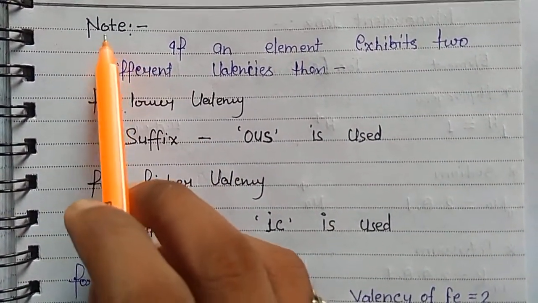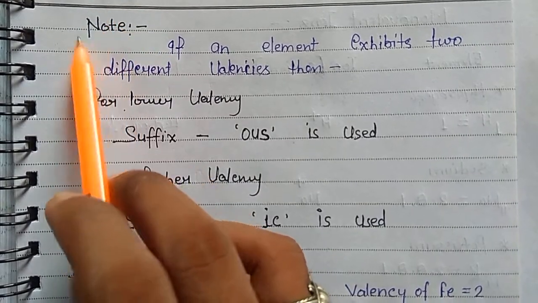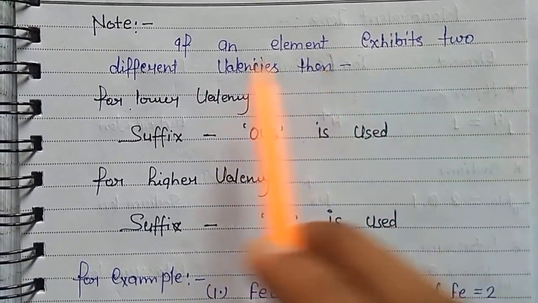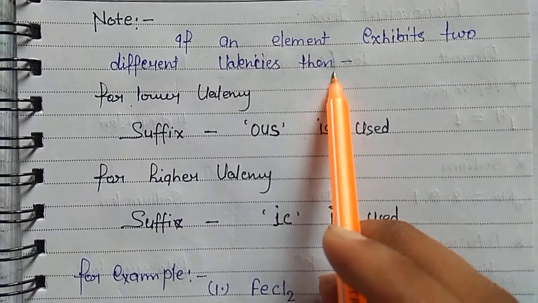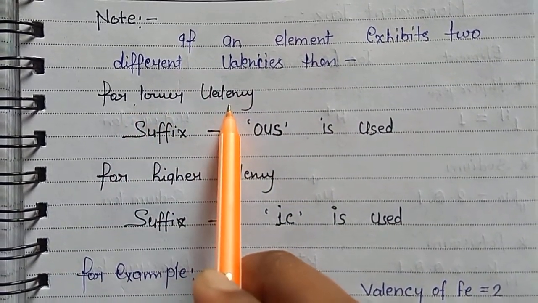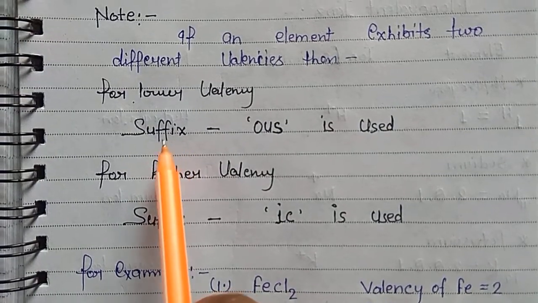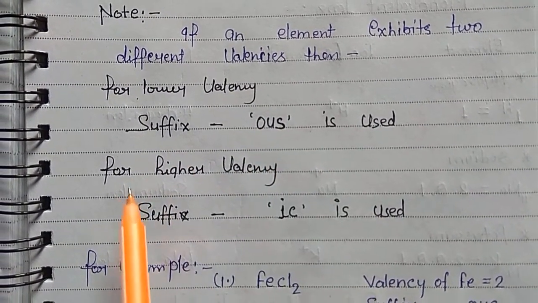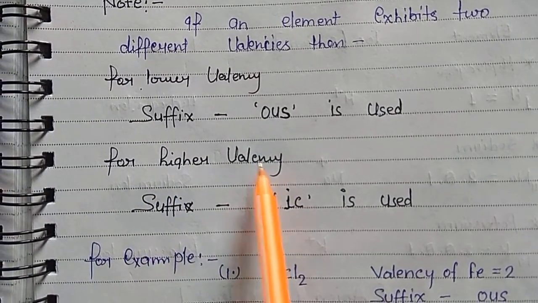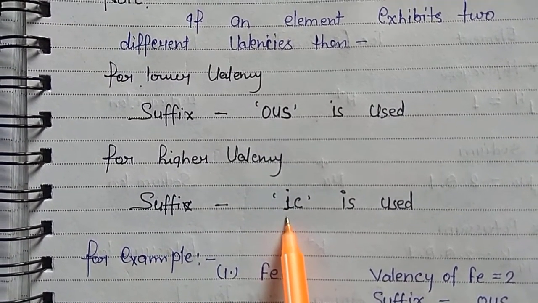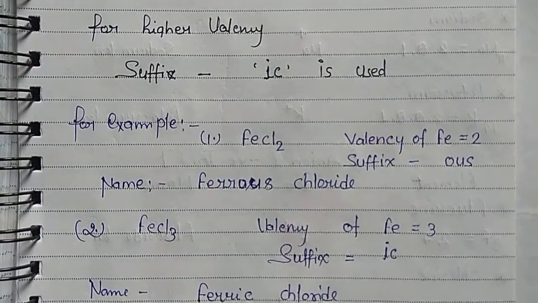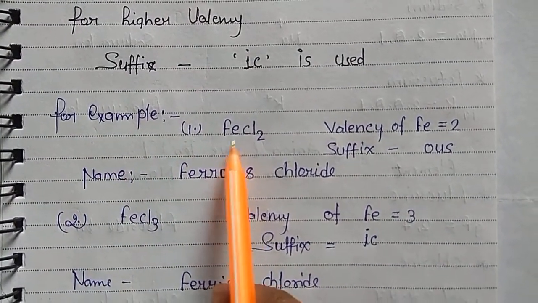Now, a note point about valency. If an element exhibits 2 different valencies, then for the lower valency we use the suffix ous, OUS. For the higher valency, the suffix ic, IC is used. For example, FeCl2,